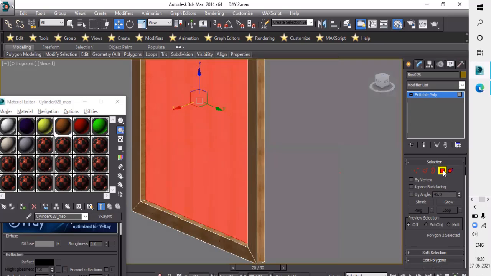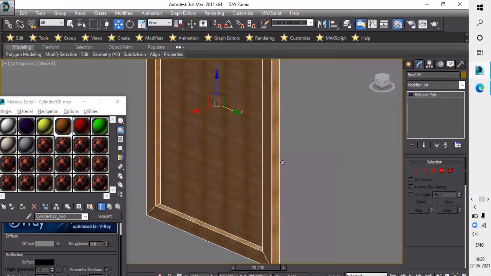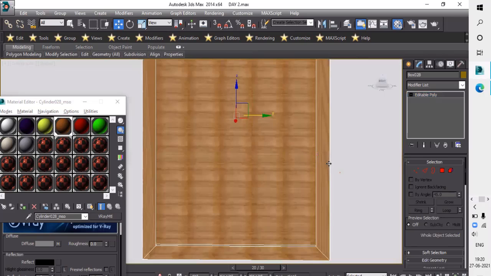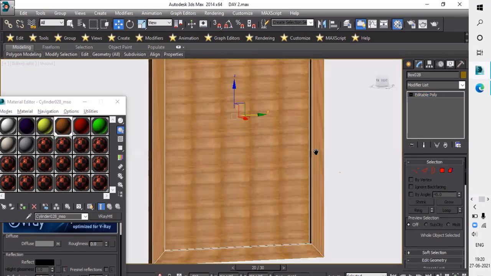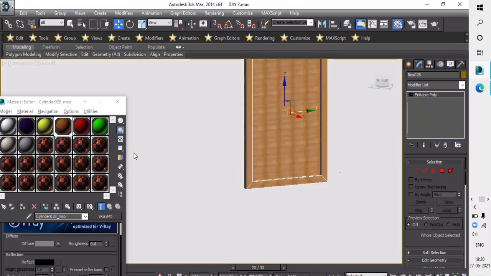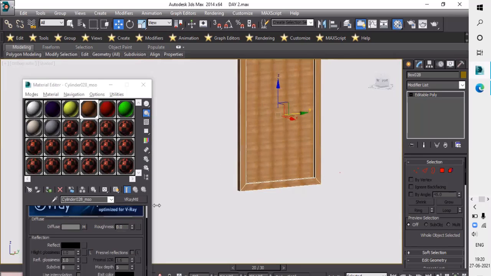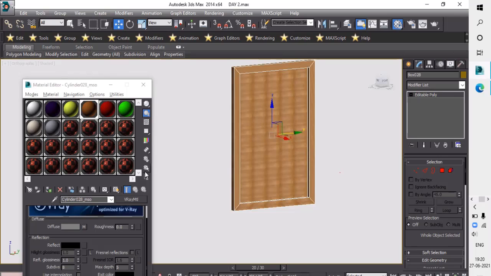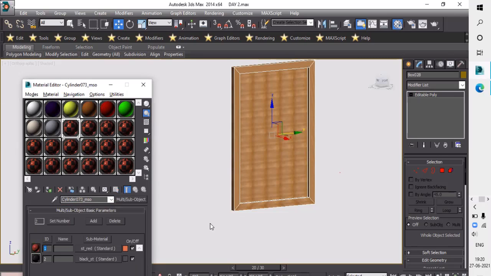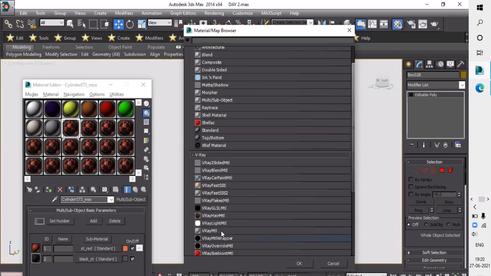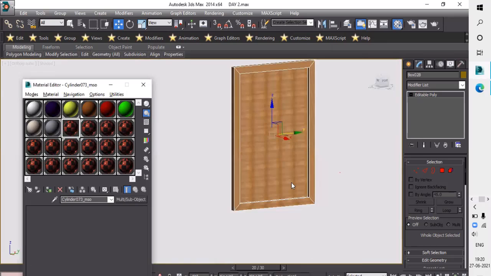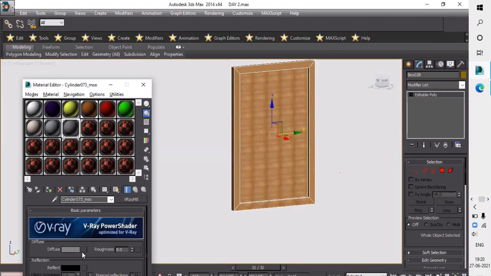I uncheck it and I will add one picture here. So how can I add it here? It's a very important part to add a picture in a plane. So see it carefully. I will take material, V-Ray material, then I will take bitmap here.